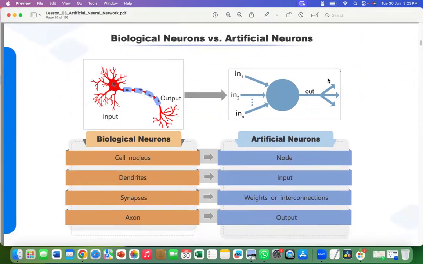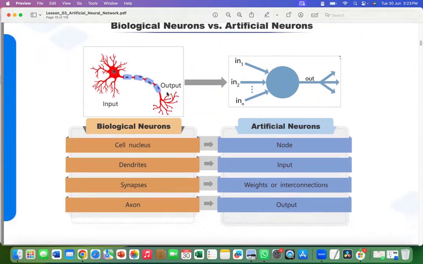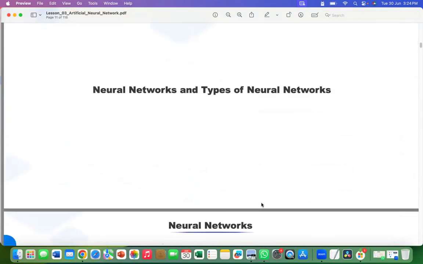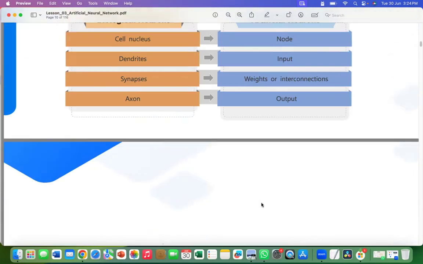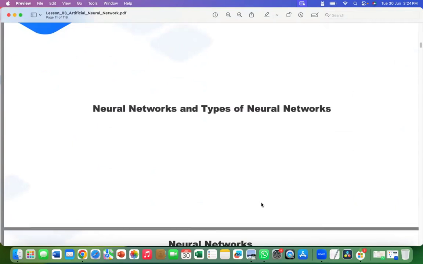थोड़ा सा हम क्लोजली देखते हैं बायोलॉजिकल न्यूरॉन्स वर्सेस आर्टिफिशियल न्यूरॉन्स। ये बायोलॉजिकल न्यूरॉन्स है, राइट, और यहाँ आर्टिफिशियल न्यूरॉन्स इनपुट 1, इनपुट 2, इनपुट एंड आउटपुट। बायोलॉजिकल न्यूरॉन्स का जो सेल न्यूक्लियस है, हमारे पास आर्टिफिशियली क्या है, नोड, डेंड्राइट, यहाँ पे सेम इनपुट, सिनेप्सिस, राइट, यहाँ पे वेट्स और इंटरकनेक्शन, एक्शन एंड आउटपुट, ये इन लोगों के बीच कनेक्शन है।